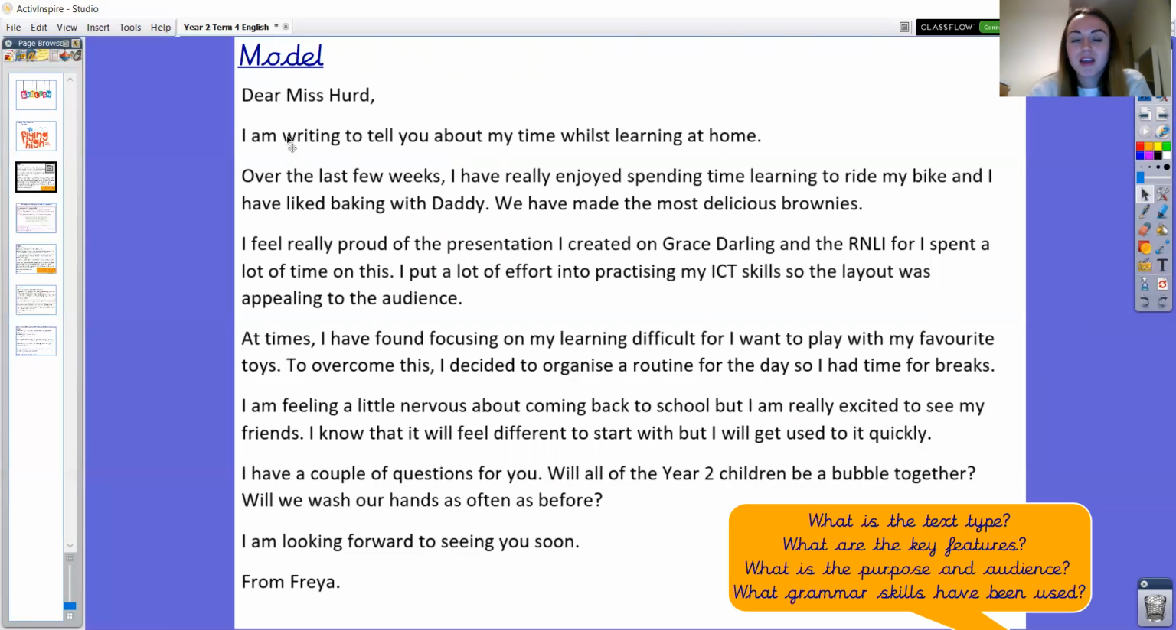Dear Miss Heard, I am writing to tell you about my time whilst learning at home. Over the last few weeks, I have really enjoyed spending time learning to ride my bike, and I have liked baking with Daddy. We have made the most delicious brownies. I feel really proud of the presentation I created on Grace Darling and the RNLI, for I spent a lot of time on this. I put a lot of effort into practicing my ICT skills so the layout was appealing